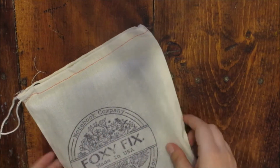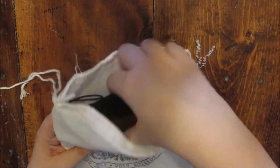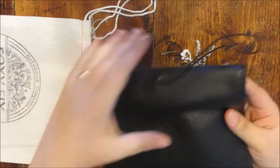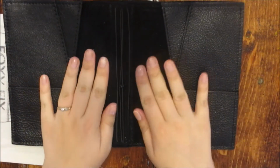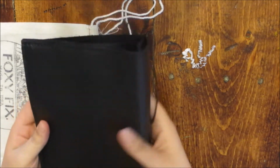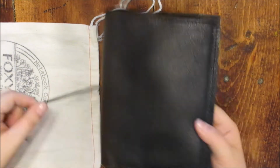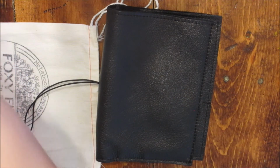Ugh. Paper everywhere. So here it is. Oh, yes. I'm so excited. Oh, it's so pretty. I am in love. I am so in love right now. Okay, so I need my invoice so I can make sure